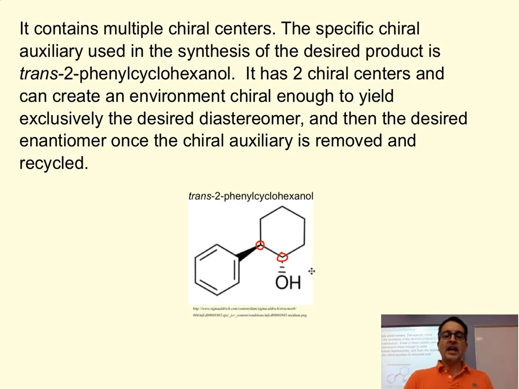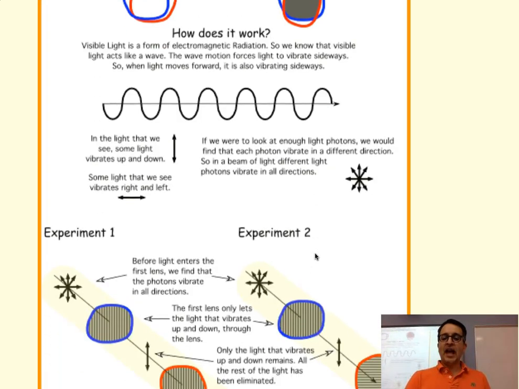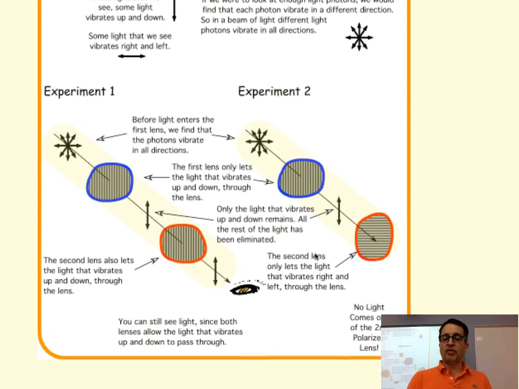All right. If we want to test and check how enantiomerically pure a substance is, we are going to use a polarimeter, just like we talked about in organic chemistry when discussing the measurement of optical rotation. We need plane polarized light, and we need to use the polarimeter. You have another video for this. We've talked about it in class, so I'm going to go ahead and move on to the